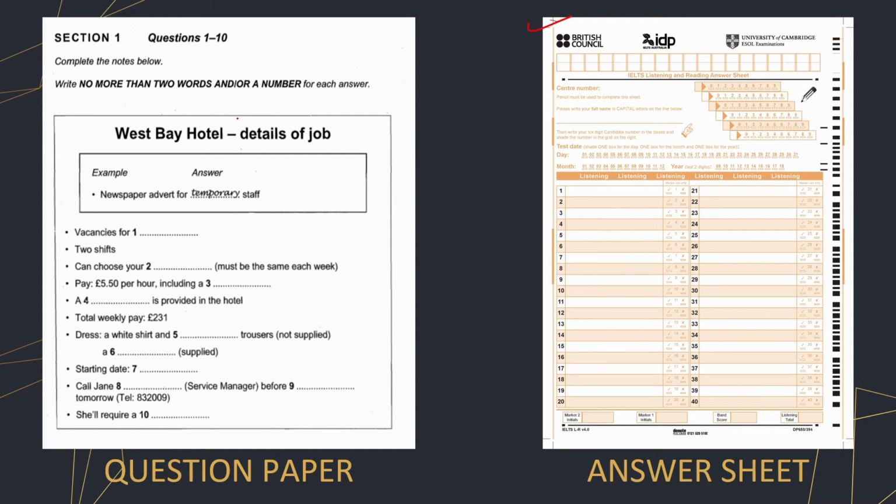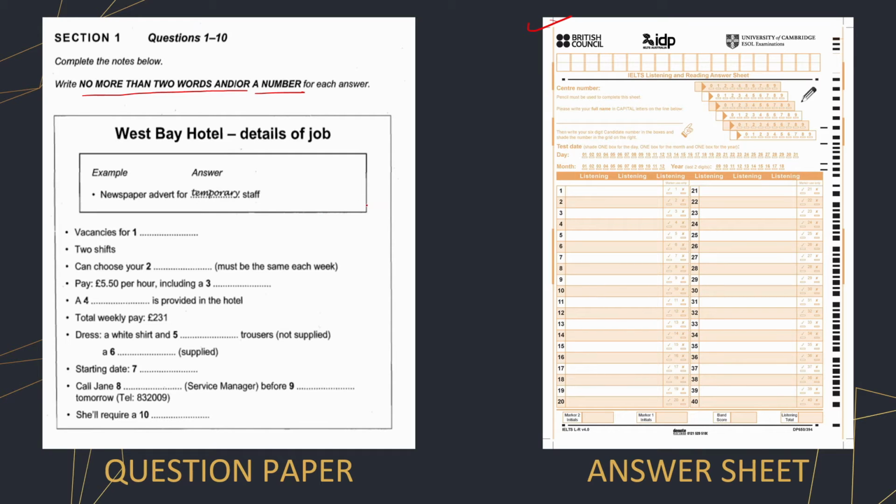For each set of questions, we'll be given a word count limit and we need to pay attention to it. For instance, this sample question paper has a word limit stating no more than 2 words and or a number. So each of the blanks can only have at most 2 words and or a number. And remember, if we write anything more than the prescribed word limit, we'll be penalized for that, and that answer would be marked as incorrect. So please